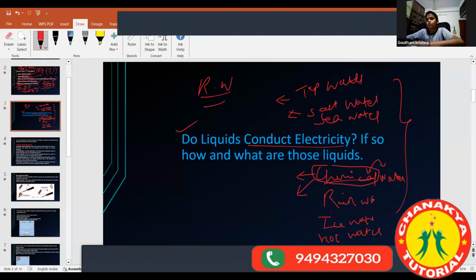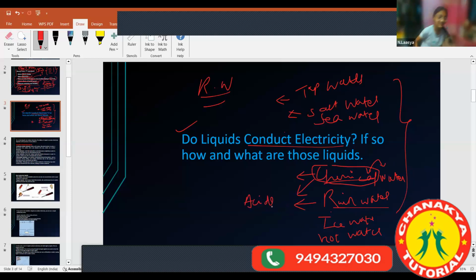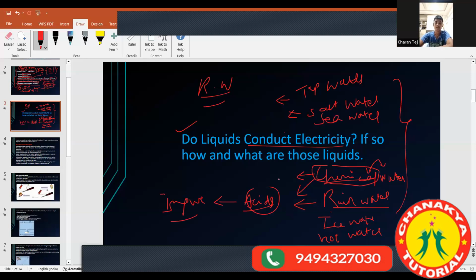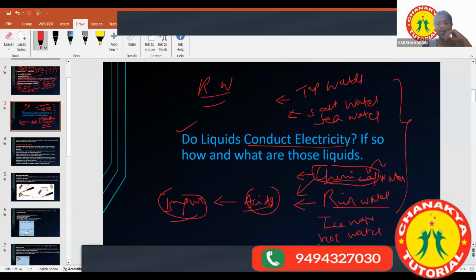Okay, rainwater. Who told rainwater? Yes, again, I think again last year. So what is the difference between rainwater and the others? Ma'am, rainwater is impure water. It contains acids. What kind of acids does it have, and why is it impure? Ma'am, because other particles flow through the water. Okay. Particles in the air get mixed with the rainwater, like dust and other things. Okay, fine.